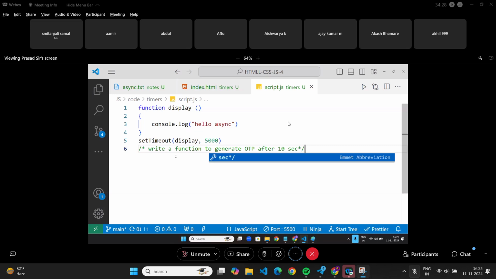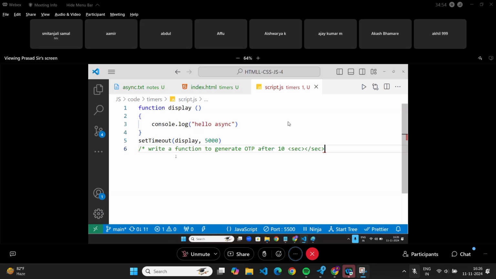Quickly. Now, I hope everyone has done this. Any doubts? But how many times is the function running now?